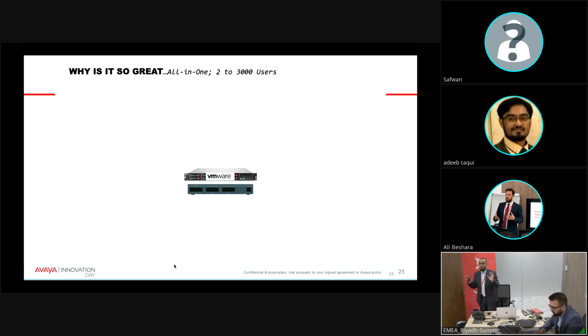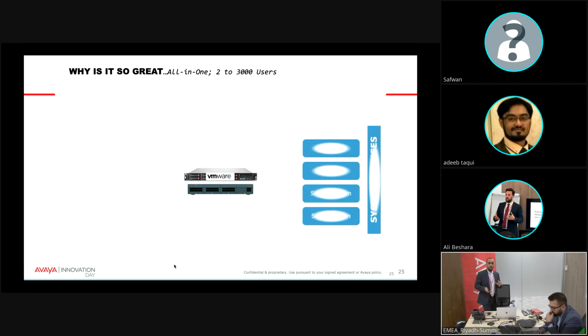But if you have your own servers or virtual machines, or the customer already has these servers or virtual machines, we are happy to use them for Avaya IP Office Select Edition, Application Server, or Server Edition, or ACCS, or ACR. Then, today, when we sell the IP Office Essential, or Preferred, or Select Edition, or Server Edition,